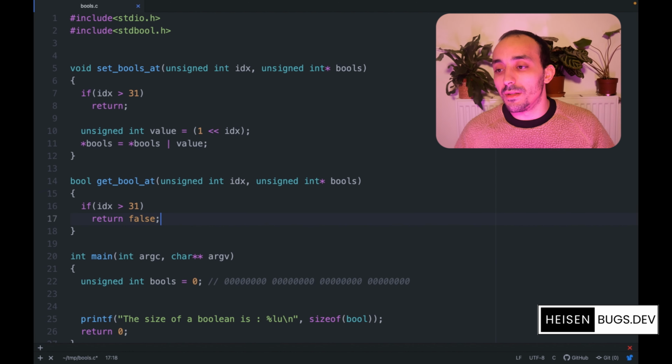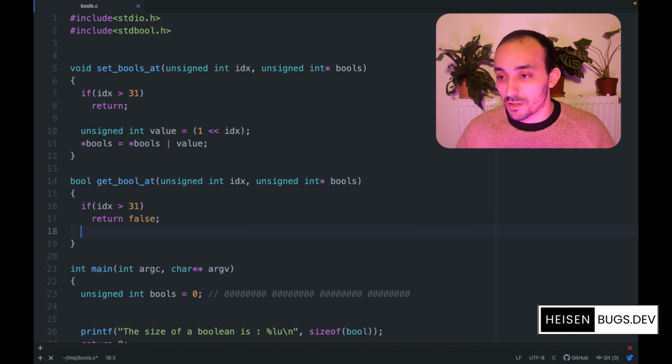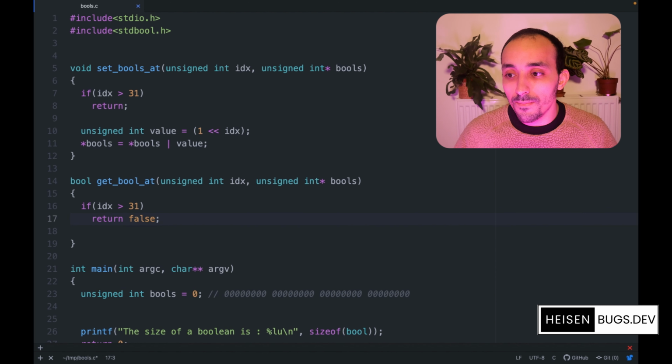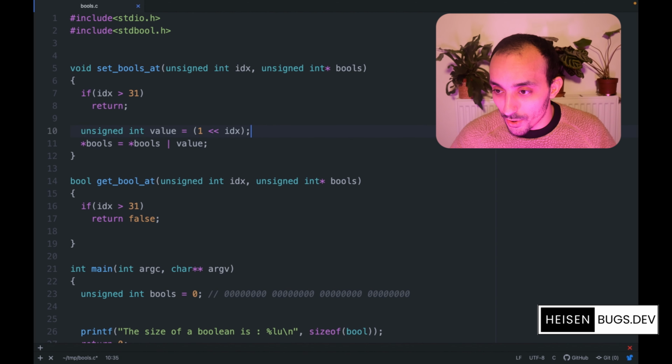Okay, I won't throw any exception because it's not the subject of this video. And then what I'm going to do is to use the AND operator. Stay with me. Like before, we created a value that will be used with the OR operator to set up the bit at the index of the array of bools here. So now